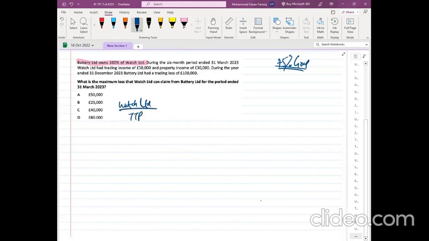सर, वॉच का हमारे पास ट्रेडिंग इनकम 50 है, प्रॉपर्टी इनकम 30 है, कोई क्यूसीडी वगैरह नहीं है। तो वॉच की टीटीपी इज 80,000। बेहतरीन, वॉच की टीटीपी इज 80,000। और दूसरी कंपनी का नाम, जो ओनर है, जो पेरेंट है, बैटरी, बैटरी का ट्रेडिंग लॉस है 1 लाख। बैटरी कितना लॉस उधर देगा और टीटीपी और वॉच कितना लॉस लेगी, ये चेक करना है।